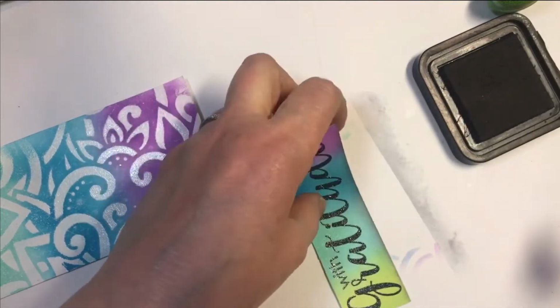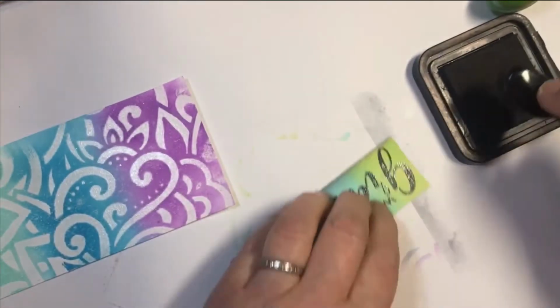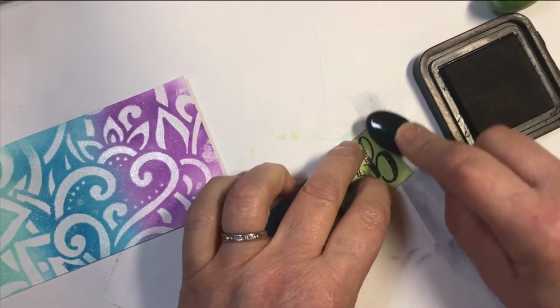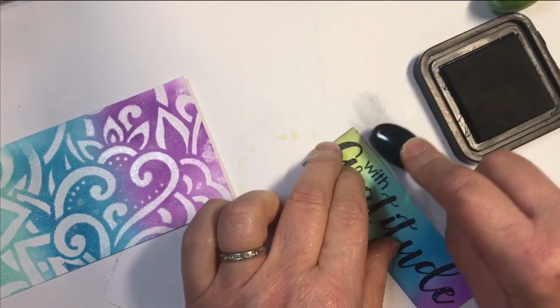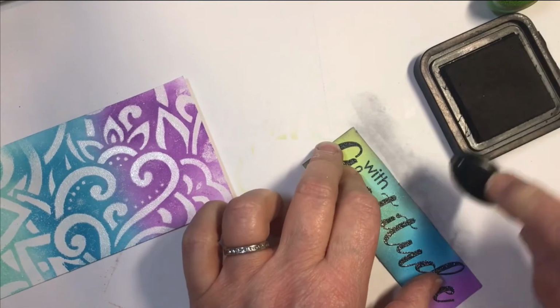Can you see the difference between the edges? What I just did versus a clean edge. It's just enough to make it stand out a little bit. You want to do this before you mat it on black. I'm going to just mat it on black, and I know I'm putting it on black, but